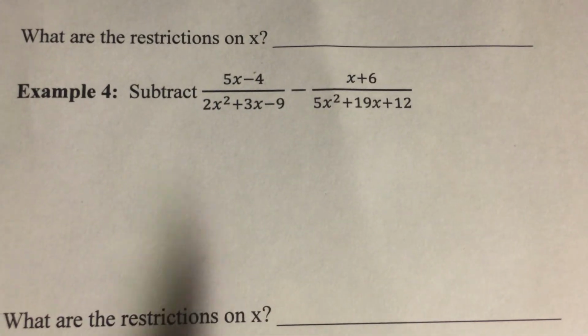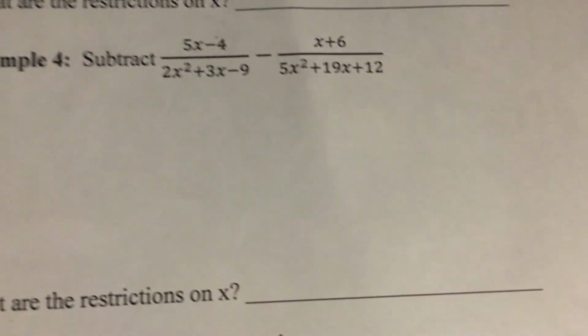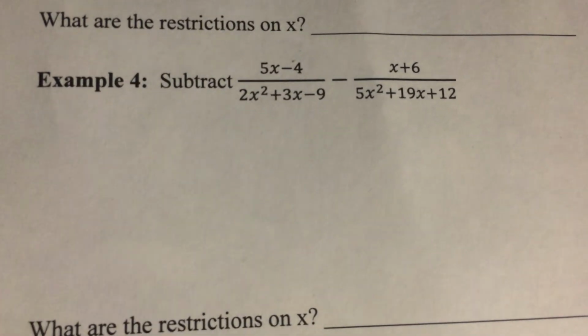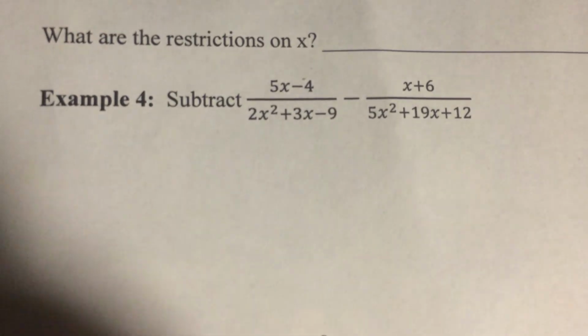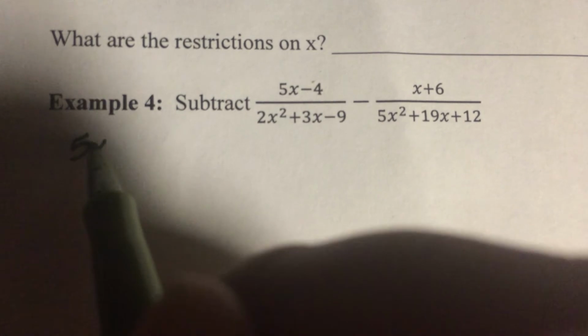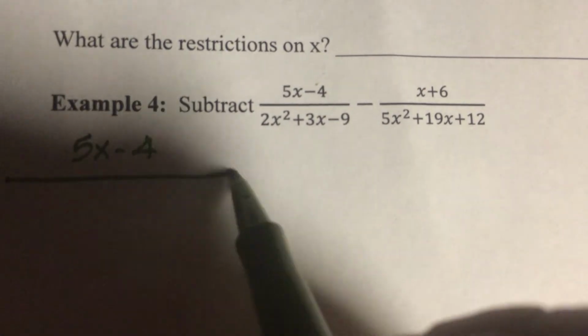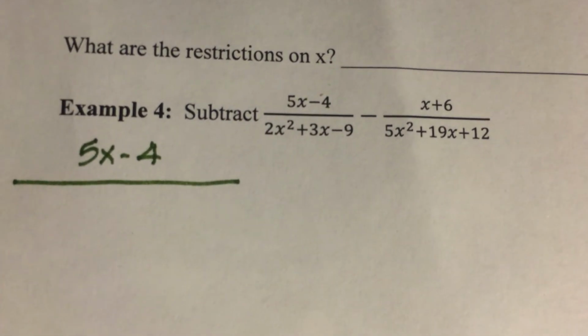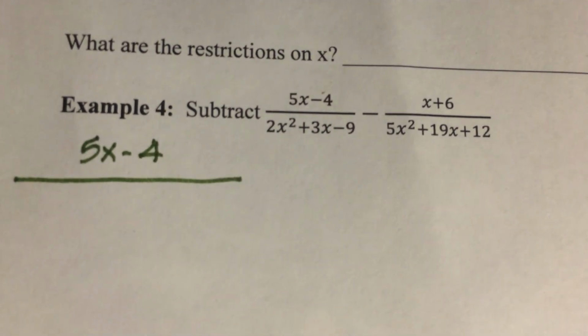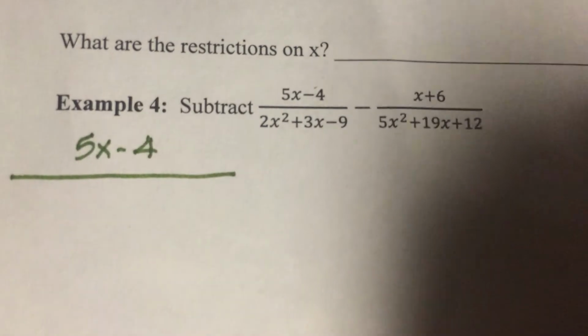All right, so let's do example 4 together, and then I'm going to let you try the last one on your own also. Okay, so factor first. We've got 5x minus 4 on top. On the bottom, I've got 2x squared plus 3x minus 9. So I'm going to factor that. Let's do it over here. So 2x squared